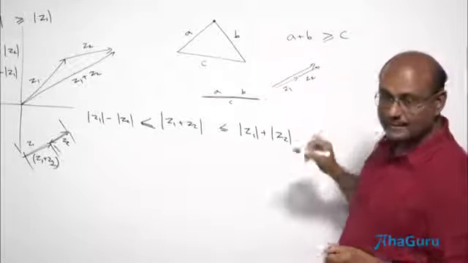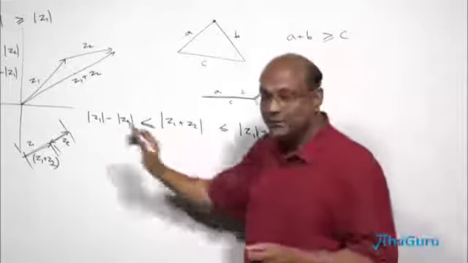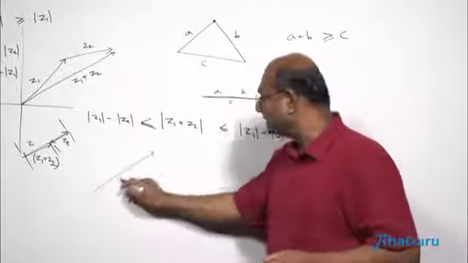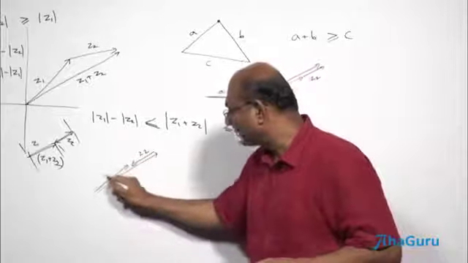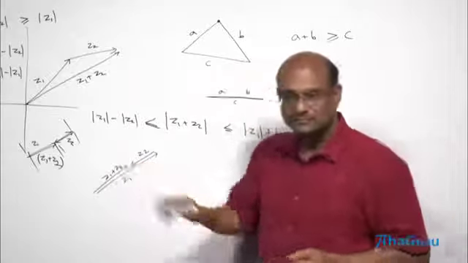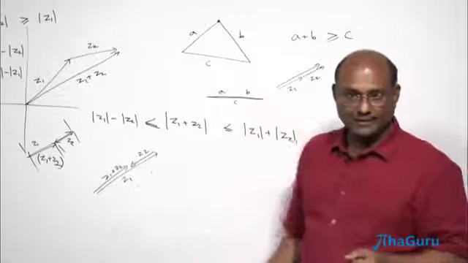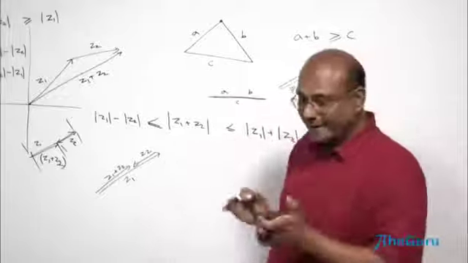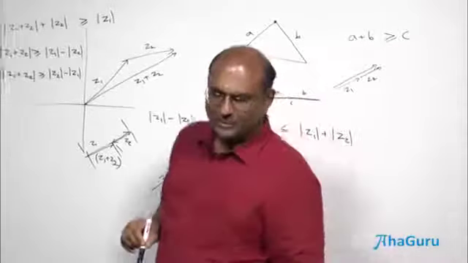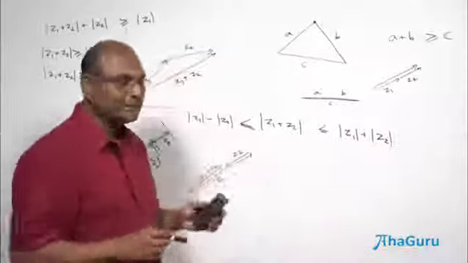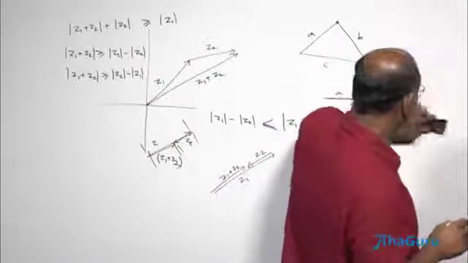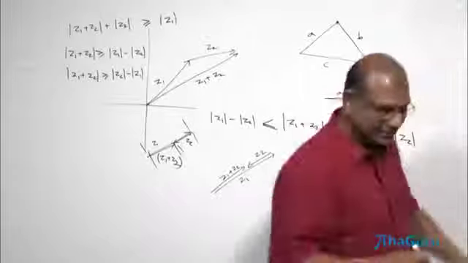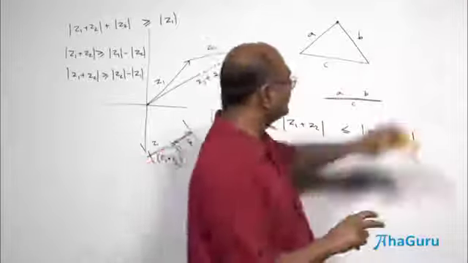This is Z1 plus Z2. When the equality happens on this side, then you are having Z1 this way and Z2 that way, and so Z1 plus Z2 happens to be this size. Is the idea clear? So think about the triangle inequality again, because it's a very important, useful idea. So I'm just going to repeat it a little bit here. I want you to just focus for a little while. So let us think about this.